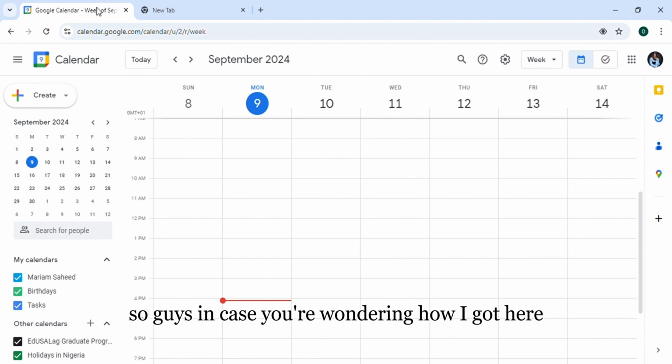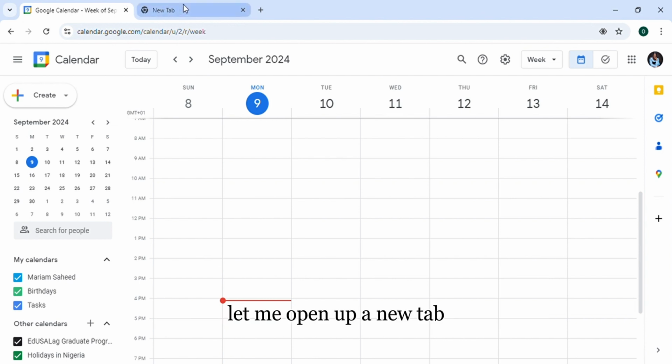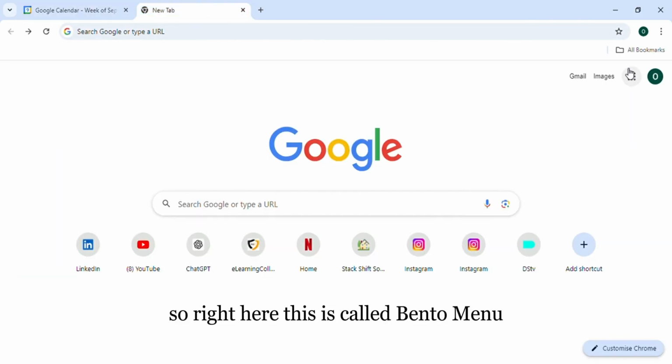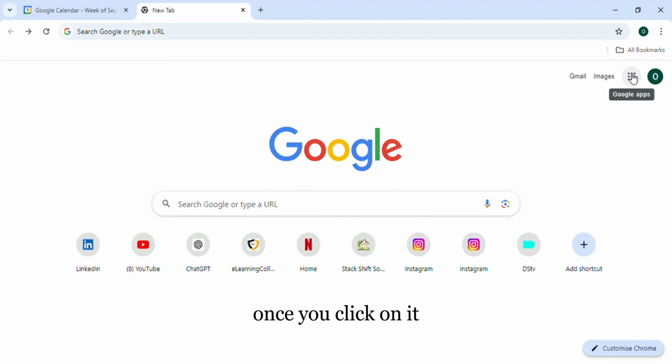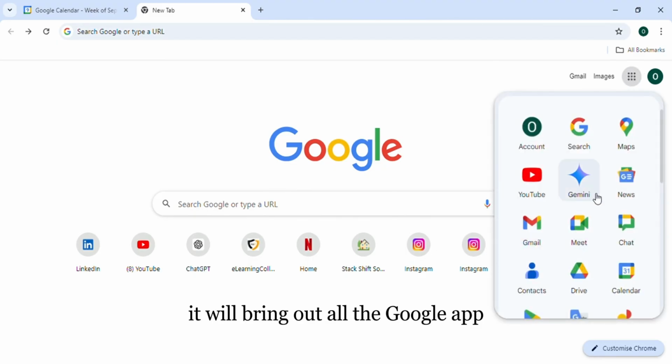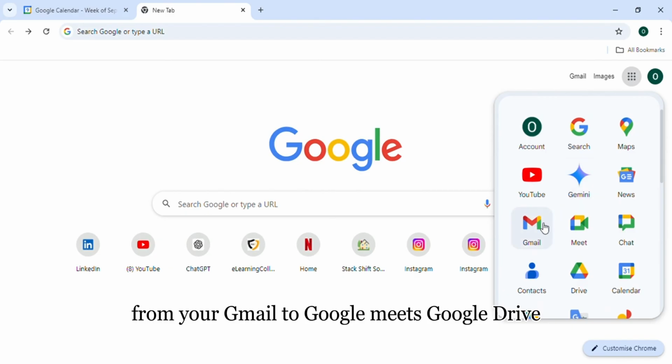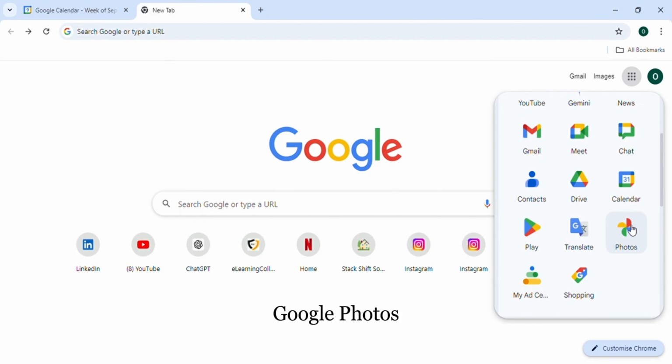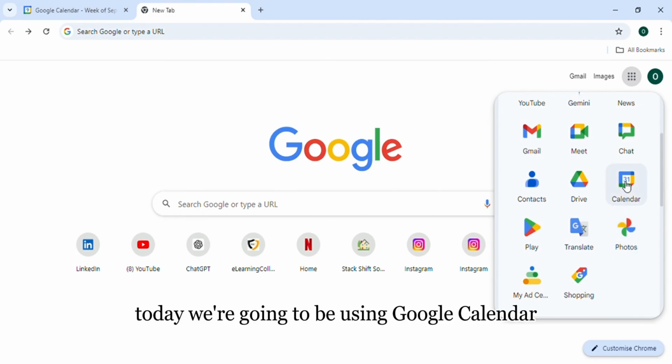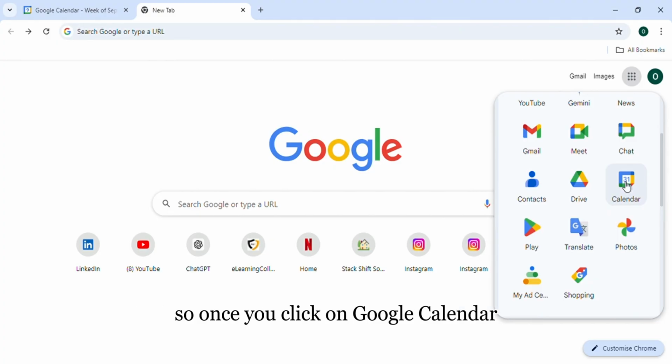So guys, in case you're wondering how I got here, let me open up a new tab. So right here, this is called Bento menu. Once you click on it, it will bring out all the Google apps from your Gmail to Google Meet, Google Drive. You see your Google Calendar, Google Photos. Today we're going to be using Google Calendar. So once you click on Google Calendar, your calendar will pop up